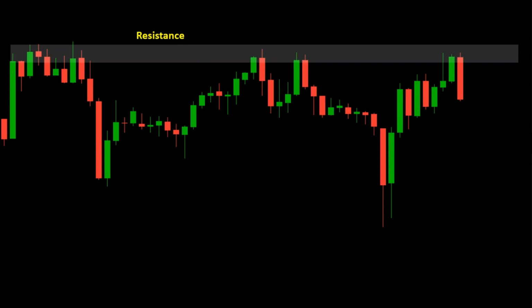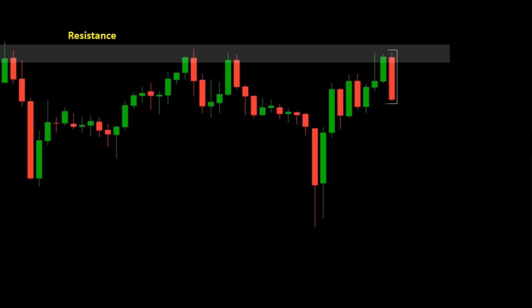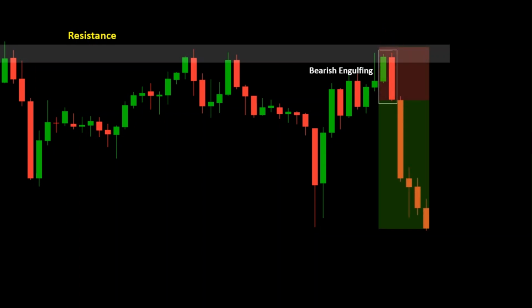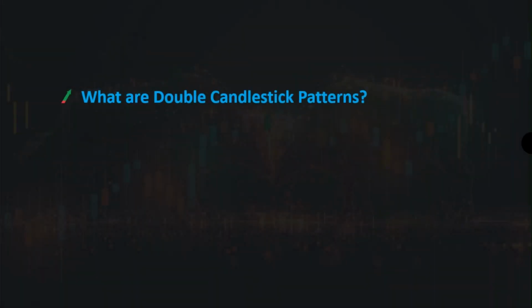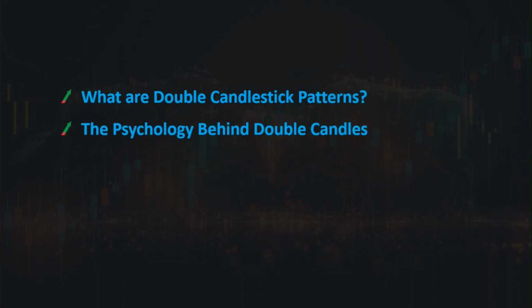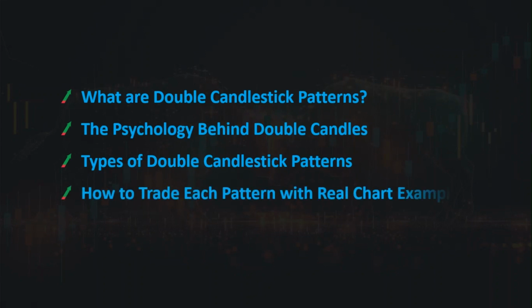These patterns become even more powerful when they appear at key technical areas such as support, resistance, trend lines, or supply and demand zones. In this video, we're going to talk about double candlestick patterns, how to interpret market psychology through double candles. We'll explore the main types of double candlestick patterns, both bullish and bearish. And finally, we'll walk through real chart examples for each pattern, showing you exactly how to trade each pattern in